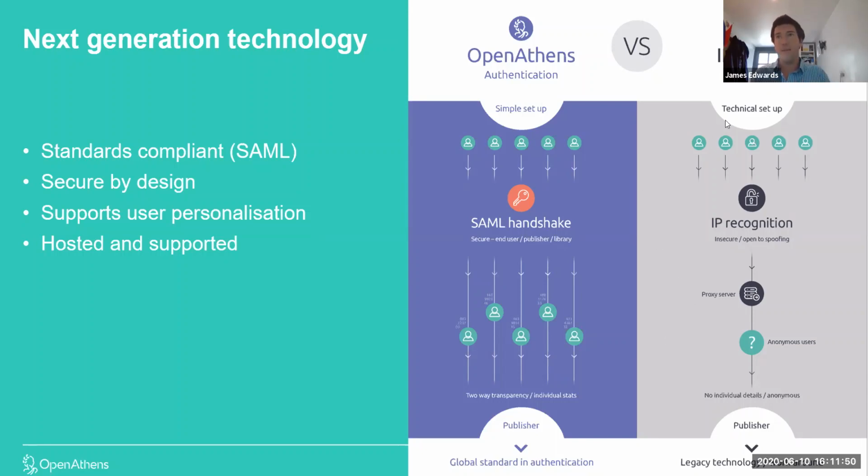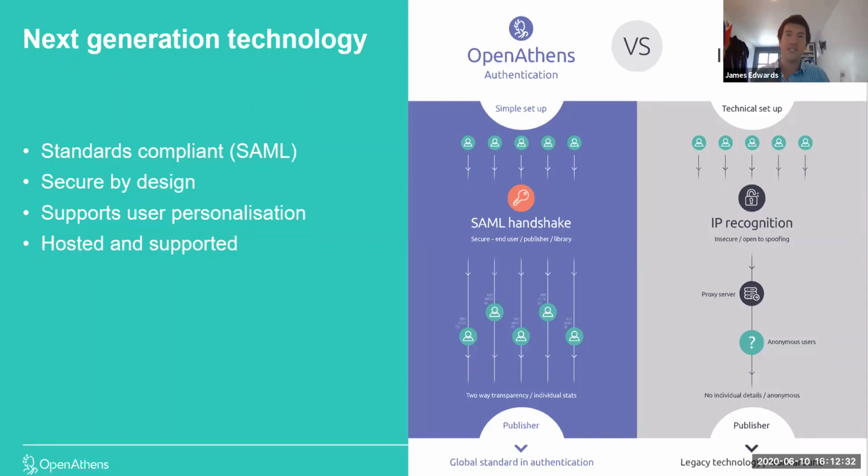As you can see, IP can be more technical to set up. You might have to manage it in-house, which comes with its own costs and problems. With IP, all your users, as they try to log in or get recognized for content, become anonymous users when they are passed over to the publisher site. IP was never meant to be used for this sort of purpose, and it kind of worked to begin with. When we were working on site, it was fine, and then it was patched with proxies as we moved forward, but it was never what it was there to do. So it is a legacy technology and a workaround.